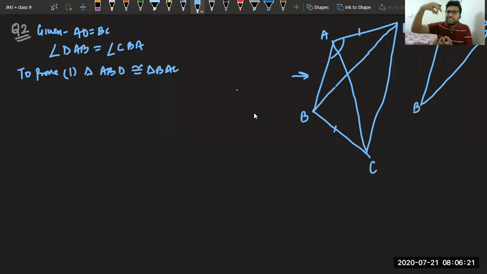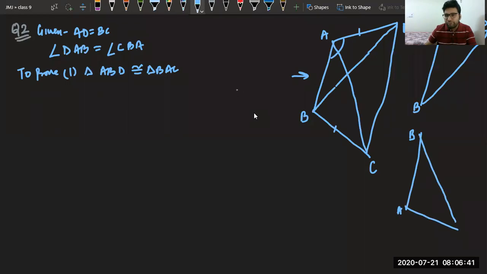I am detaching the 2 triangles. Okay, they are combined right now. So one triangle is ABD and second triangle is BAC. So like this, I have drawn BAC. What I have done, I have detached the figures from the combined figure. It will help me a lot to solve the question. Now, first part is this thing. Second part is BD equal to AC. That is very easy after the first part. And third part is angle ABD is equal to angle BAC.